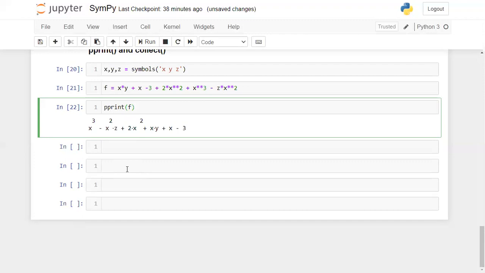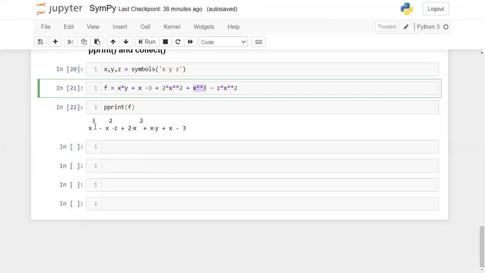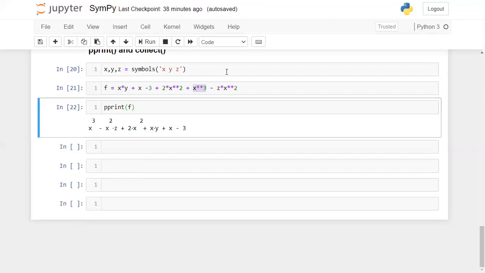This will represent your expressions in a different style. If you take this expression here, x cubed is here, and it is represented like this. Next, z multiplied by x squared is written as x squared times z, then 2x squared, xy, plus x minus 3. The power of x is decreasing to the next element, right? In this way your values will be given here.